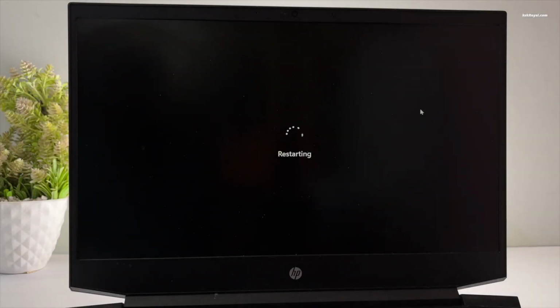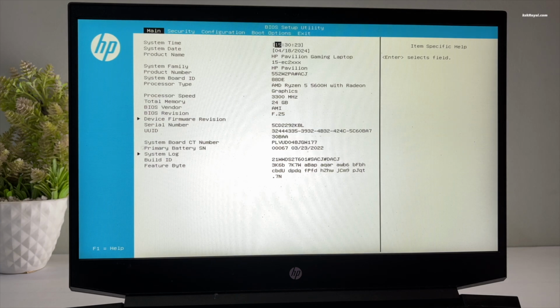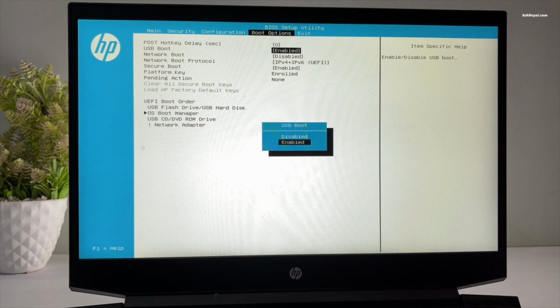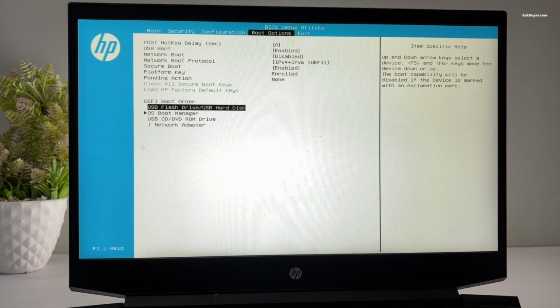Now reboot your computer. Whilst rebooting, you need to enter into BIOS settings. Now use the keyboard shortcut based on your motherboard. Now mostly it could be F2, F9 or Escape key. The first thing to do after entering into BIOS is to enable USB boot and change the boot order by setting the USB drive as primary.